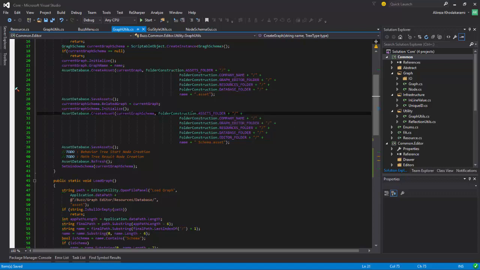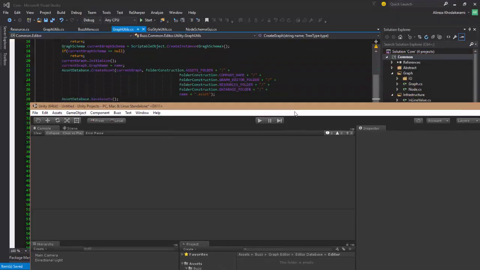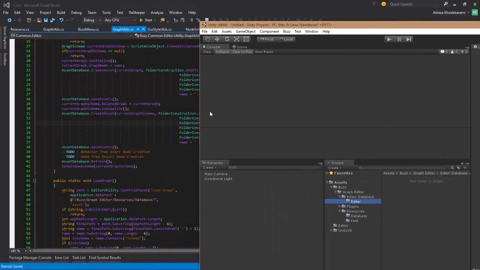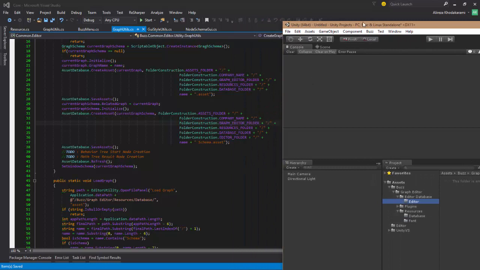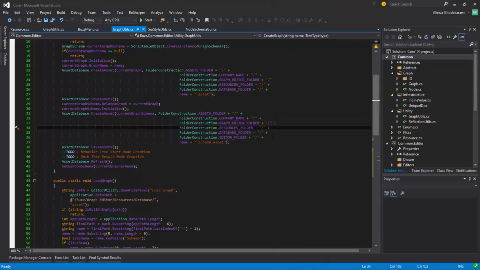Database folder, boss, and it will be boss. God, what am I doing here. You see why I wanted to address this guy sooner? It's a help. So graph editor folder comes to here. Resources folder, that's wrong. We don't need this one. And folder construct,